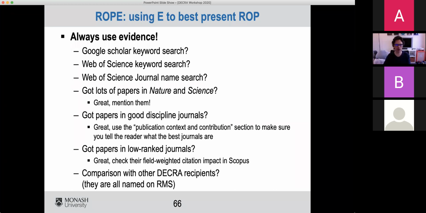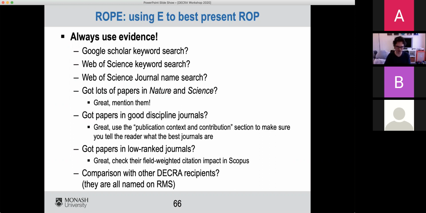So that can work quite well. If you've got lots of papers in Nature and Science, mention them. If you're consistently hitting discipline journals rather than Nature and Science, great. Make sure you use that publication context and contribution so that the assessors know what the best discipline journals are, remembering that you get to tell them what the best discipline journals are, and then you tell them that you're publishing in those journals.